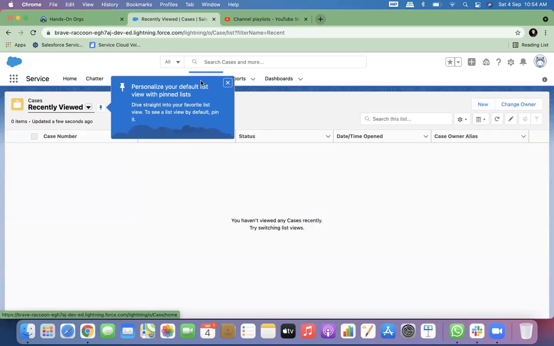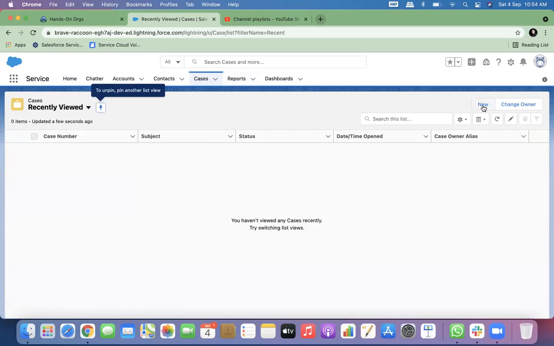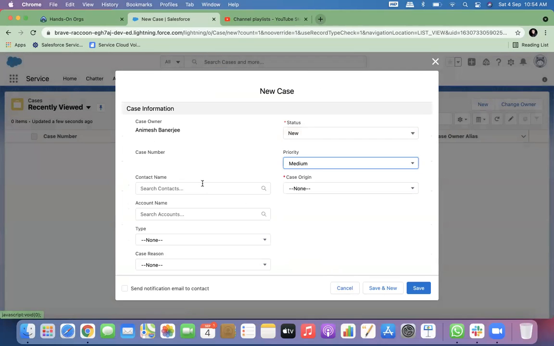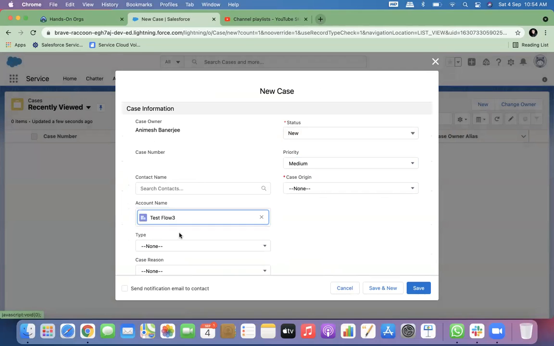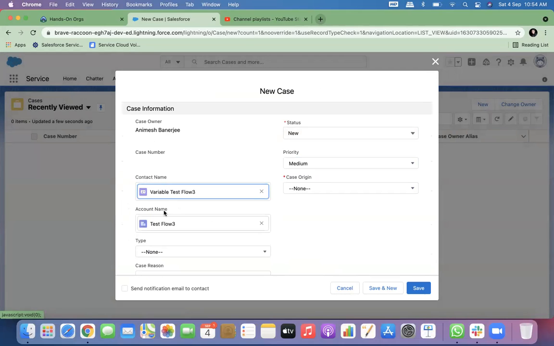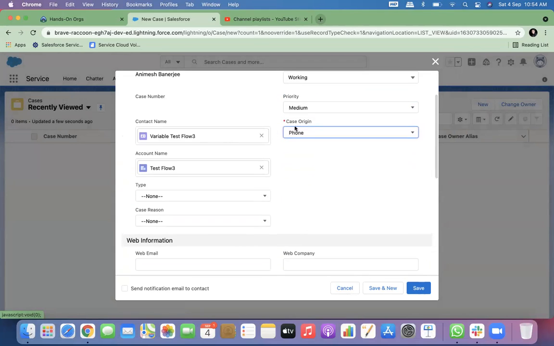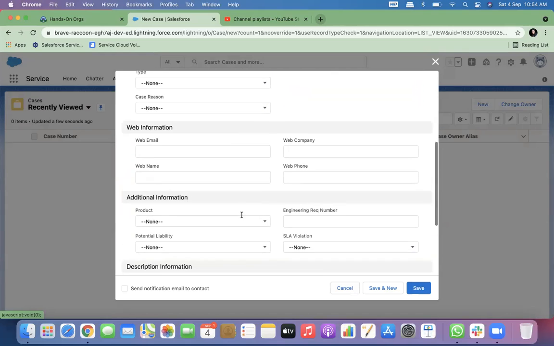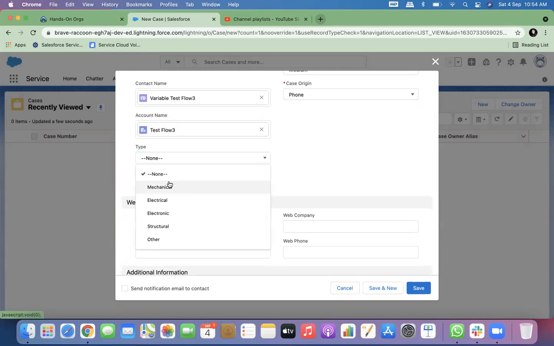So this is the object wherein we raise tickets, and it can be manually done just like we do any record creation, no different. So I will check who is the person who is calling, who is the account, what is the status, do I assign it as new, or do I say that I have already started working on it, case origin. Usually these 3 would be there. There can be other channels also, social channel, as I said. There can be live chat also. We are not covering that. So usually when we are creating the case manually, then somebody has called you, and then basically you fetch all the information you need. What kind of error is this?